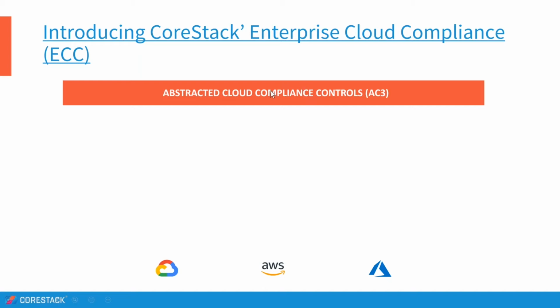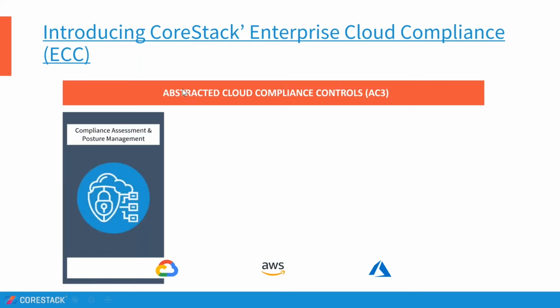There are 4 pillars. It's very nice, as I said, following some of the fantastic speakers and how they've articulated these 4 or 5 pillars. In cloud compliance, we look at 4 pillars. The first one is compliance assessment and posture management. I'll quickly double click on each one of those 4 pillars.